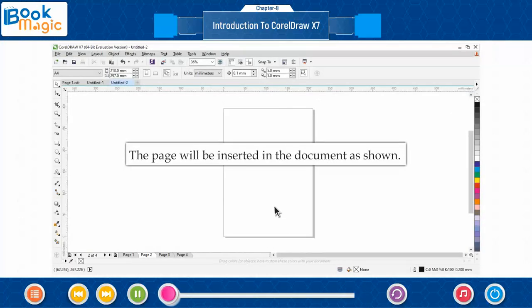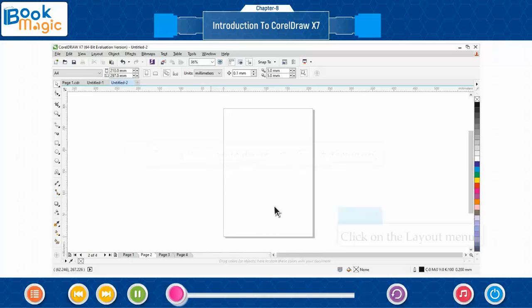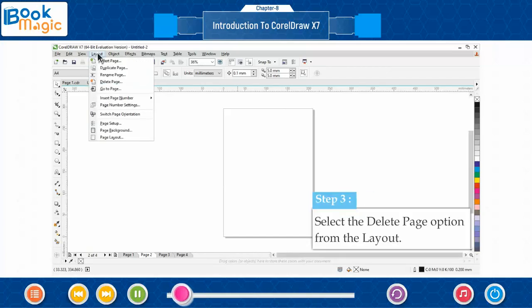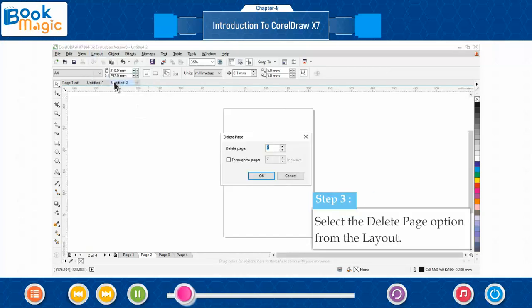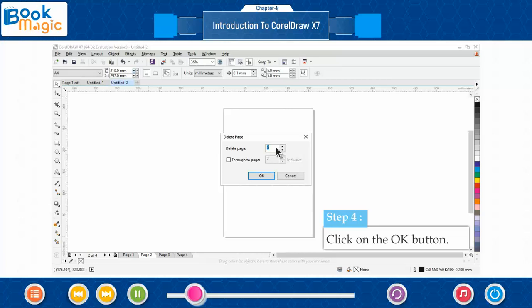The page will be inserted in the document as shown. Follow the steps to delete a page from a document. Step 1. Click on the Layout menu. Step 2. Select the Delete Page option from the layout. Step 3. Write the page number inside the Delete Page box which you want to delete. Step 4. Click on the OK button.